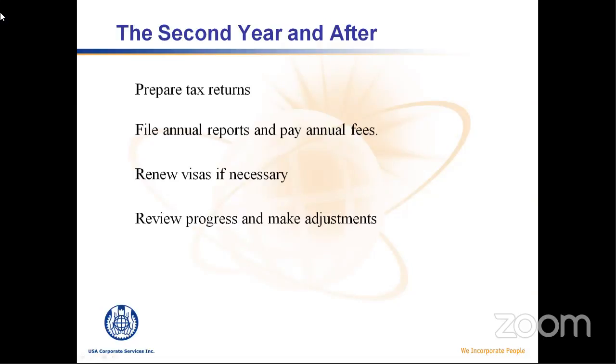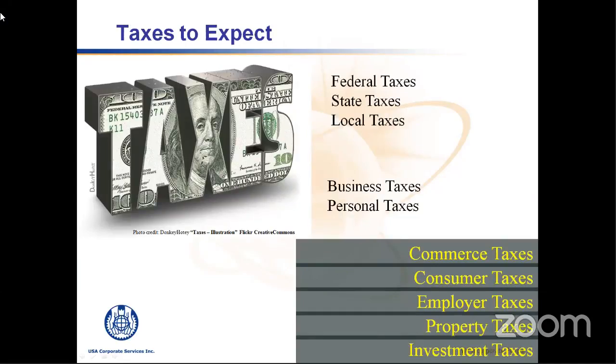Next year. The second year, you definitely have to prepare tax returns, as we said on the previous slide. Then, depending on what state you're in, or how many states you're in, you can be preparing annual reports and paying annual fees for your company to the Secretary of State or whichever agency that state uses. If you have visas, you're going to have to prepare the documentation for renewals on those. And then it's just wise to do a review of progress and make adjustments so your business model matches. Now, going back a little bit on taxes,